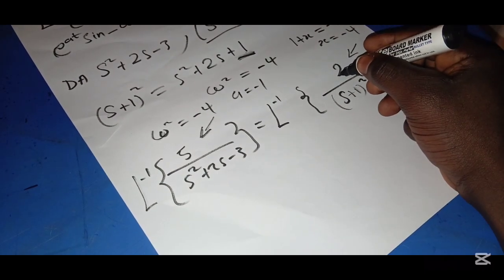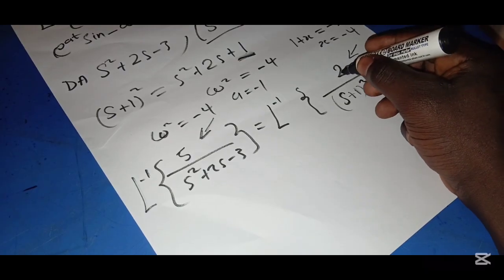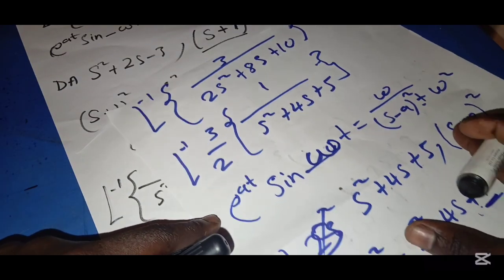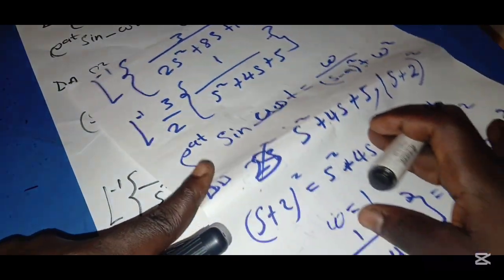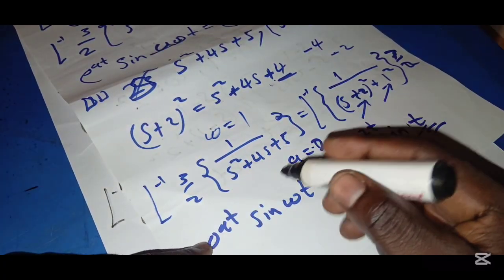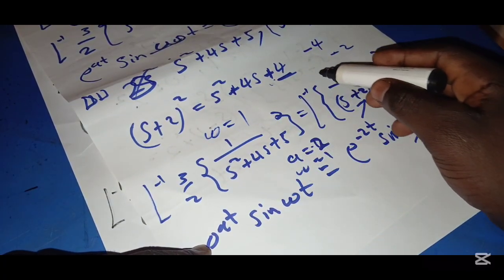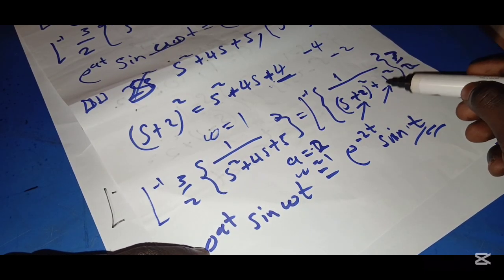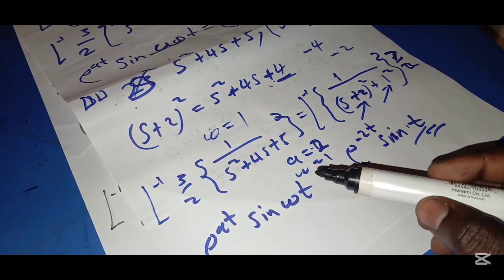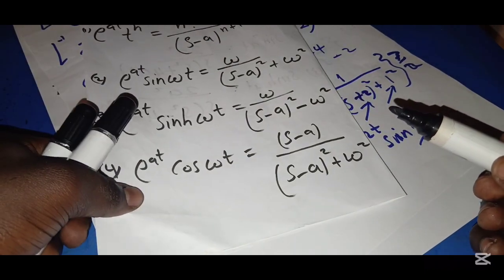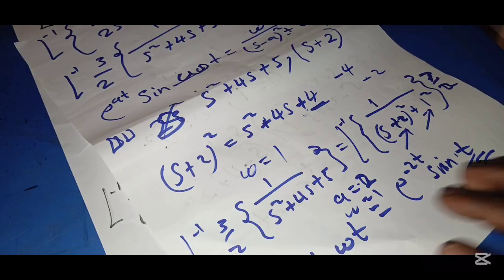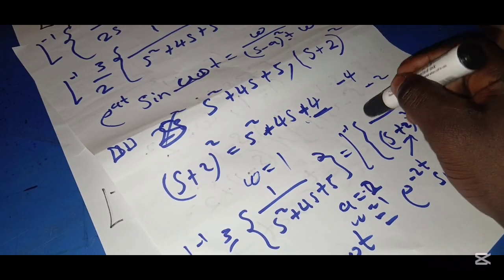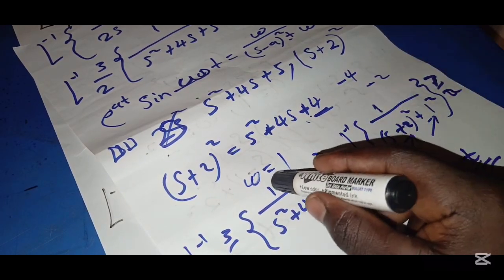A constant was multiplied by my true numerator. That is why I'm not getting the same thing as this. Looking at our original problem, after we factored everything out, we got 1 here, right? But when we got here and we were comparing, we see that here is 1, right? Good. And it matches with the value for omega as far as it is a sine function. Because for the sine function here, we got omega to be 1. So this is supposed to be omega, which is 1. And it matches with this